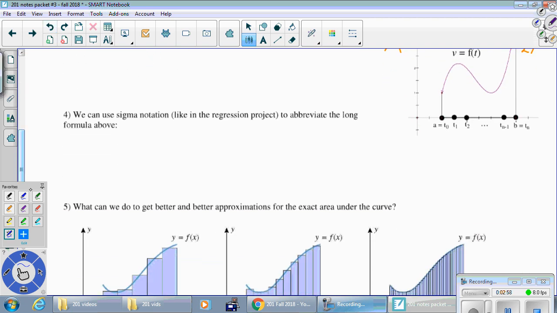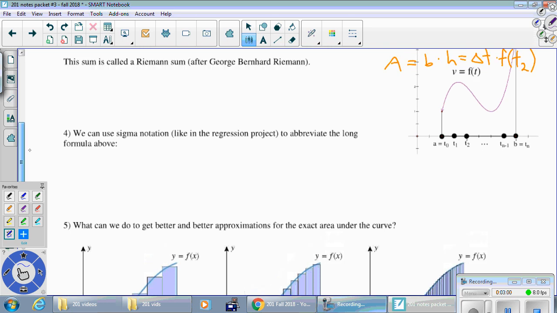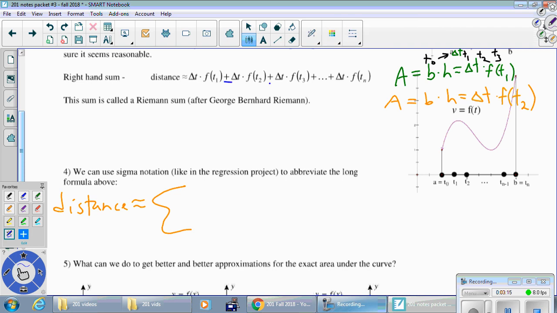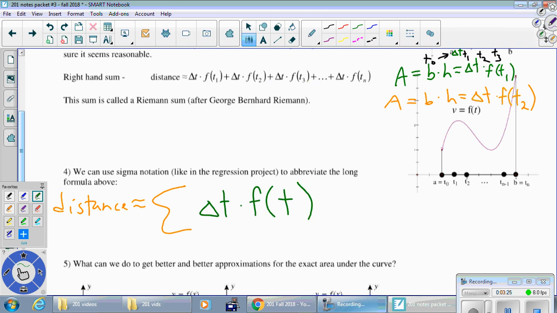We can use sigma notation, like in the regression project, to abbreviate the long formula above. So here it goes. Distance is approximately equal to, okay, big sigma, capital Greek S. We're trying to capture the pattern of each of the terms separated by all these plus signs, and every single one of those terms looks like delta t times f of t something. Delta t times f of t something, and the something is that blank space down at the bottom,